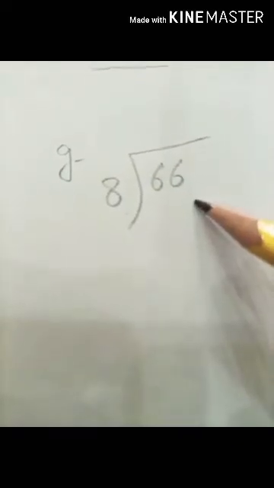Students, next is our part G, in which we are going to divide the number 66 by 8. Now look at this, students, read the table of 8 where we get this number. So students, let's start from 8 5s. 8 5s are 40, 8 6s are 48, 8 7s are 56 and 8 8s are 64. 64 is quite near to the number 66, so I am going to write 8 8s are 64 here.